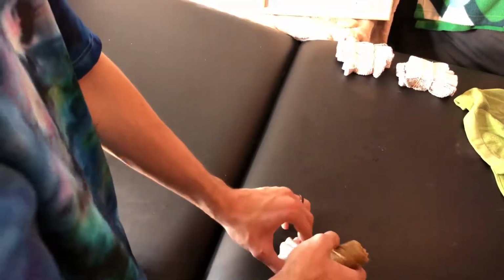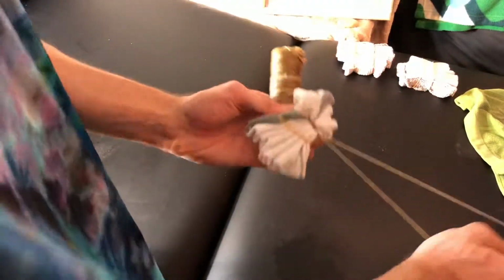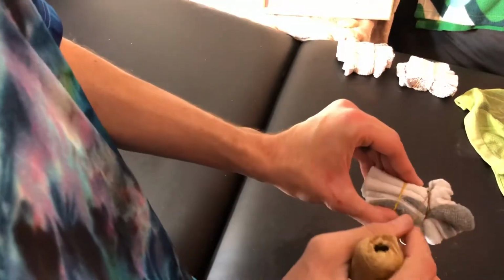Just one wrap and pull, keep tension on the line. One wrap and pull. You can do it 5, maybe 10 times even if you need to. That'll really ensure you get a nice clean white line. Oh, there we go. So that one was kind of more straight than I had anticipated, but this one will